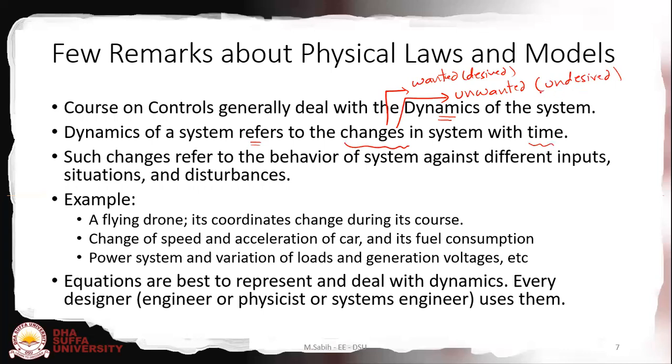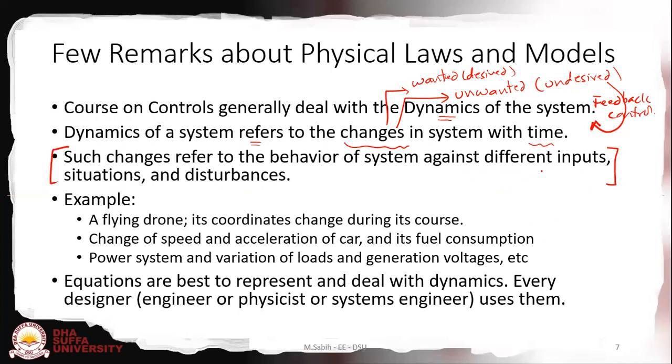In undesired के केस में we need to use a control action to improve it, जिसके लिए हम फिर feedback control use करते हैं, feedback control, okay. So the dynamics plays the key role, and such changes refer to the behavior of the system against different inputs, situations and disturbances. So dynamics is all about कि किस तरह system आपका behave कर रहा है,